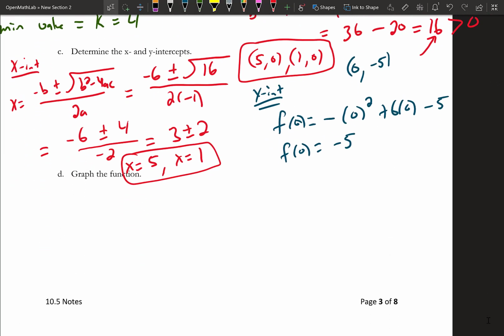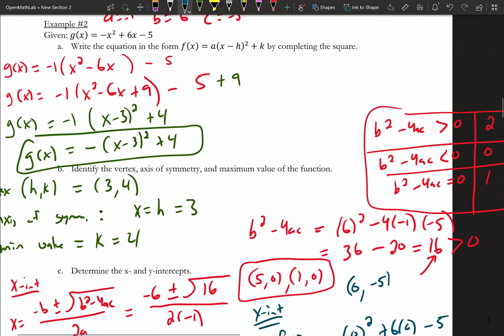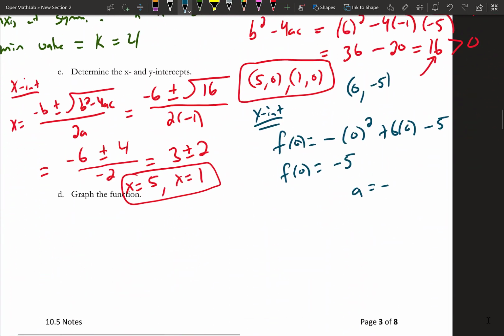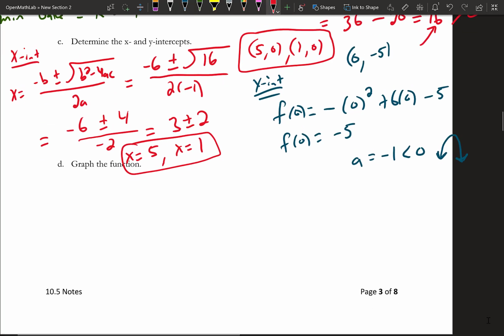Right? And then just another note that we can conclude. So a was negative 1? Yeah, negative 1. And this is less than 0. So the information that tells me if a is negative, it's going to open downward, from that initial table that we had. So to sketch this graph,